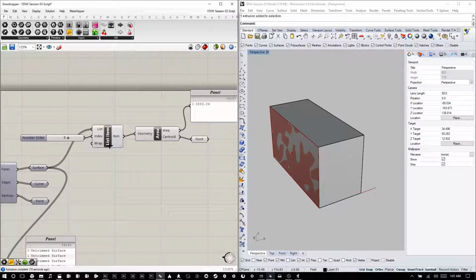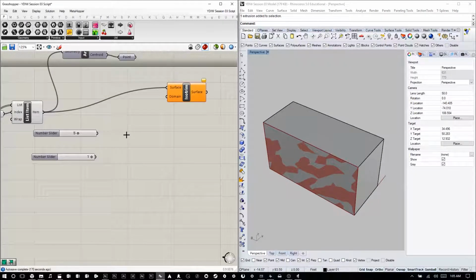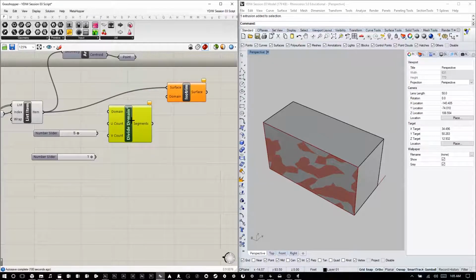So that's just one way you can extract information from a brep that can then be used later on in your script, whether that's taking a surface and dividing it into a different pattern than the other surfaces. So in that case, we could, for example, take it and cut it into panels. So in this case, I'm going to use what's called a divide domain. There we go. This surface is going to get plugged into domain, and I'm going to give the U and